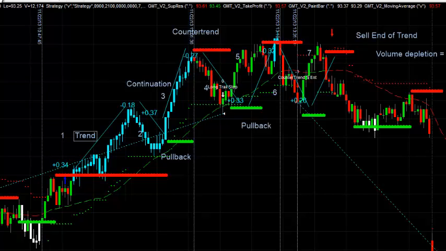So we've moved above. You can see clearly we've got our moving average. We've moved above that moving average. We've broken resistance. We're now into a trend. We get a move up, a bit of a pullback, and then we've got into this continuation type setup. So this would be our phase three of our move.